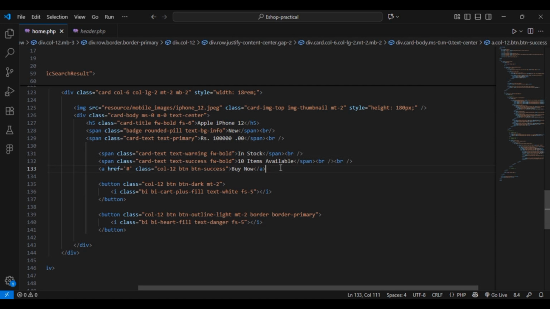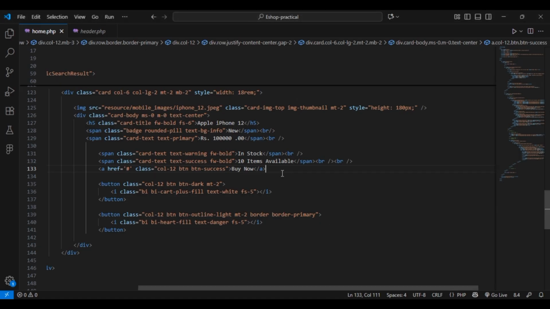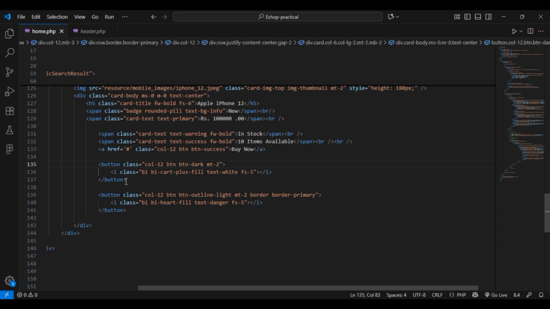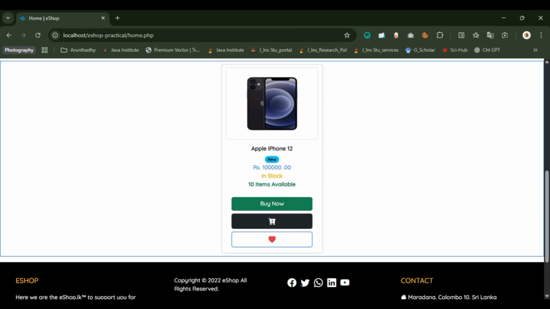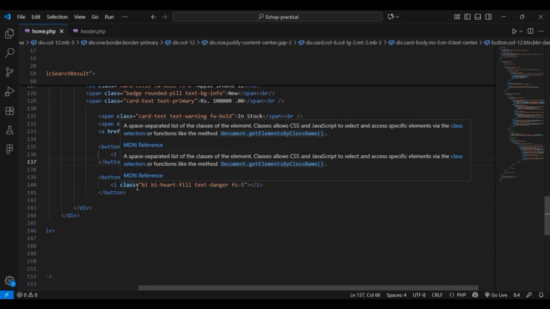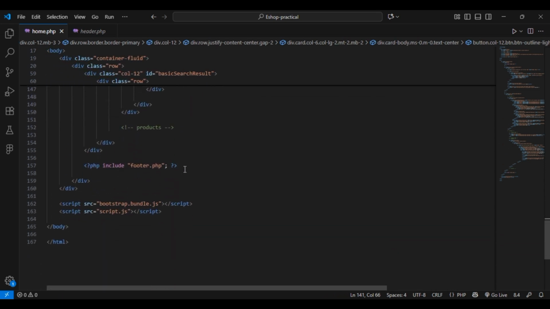And then I have used a link tag to the buy now option. You can see the buy now. So here the green color one is a link typed tag, and then we have a button for the cart. You can see a cart here, the black color button. So I have added a button for that, and as well as for the favorite also I have added a button for that. Then I have included the footer of the